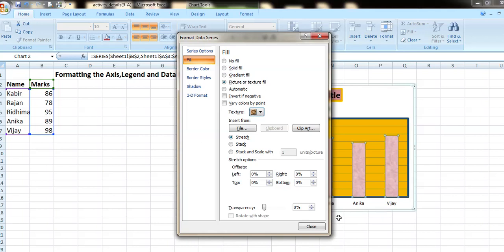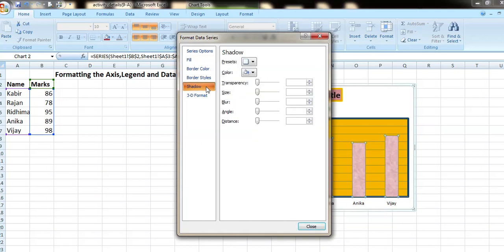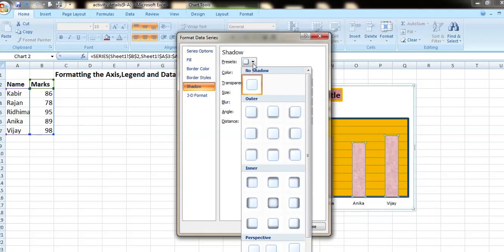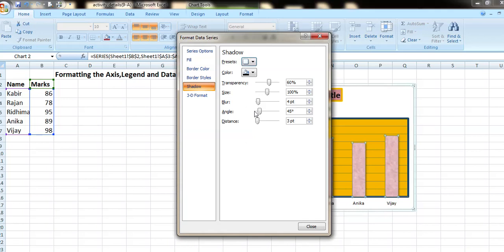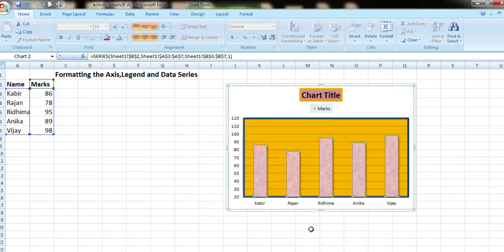This I have selected. Click on the Effects tab and select the shadow option. Select the desired format from the preset options. Like this, I can change the preset of the data series and click on the close button. In this way, I can format the data series also.